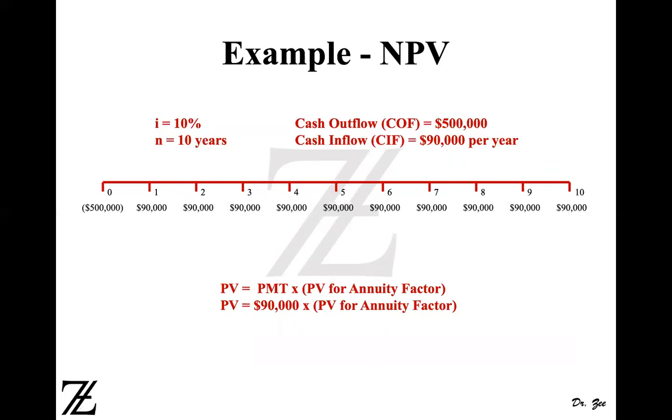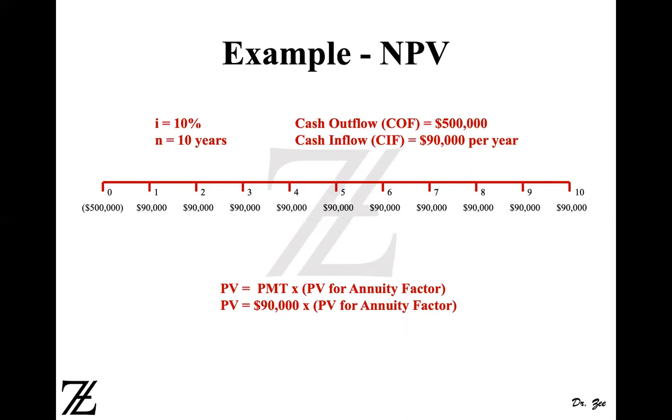What you have to find out is whether those $90,000 that you will be generating for the next 10 years are worth more than those $500,000 that you're investing today or not, right? If you just add them together, it seems like they are going to be worth more, because it's 90,000 times 10, that's 900,000. But you have to calculate the present value of all those future cash inflows, right? You're not going to take it into account as 90,000 each.